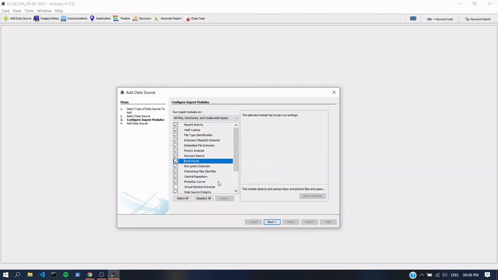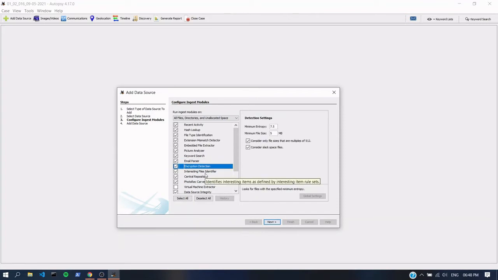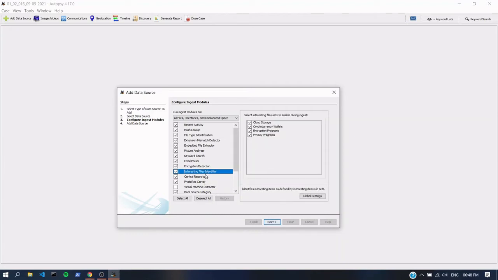Email parser is to analyze the emails. Encryption detection basically tells us if certain files are encrypted in a certain way. Interesting file identifier is basically the files we think are interesting.